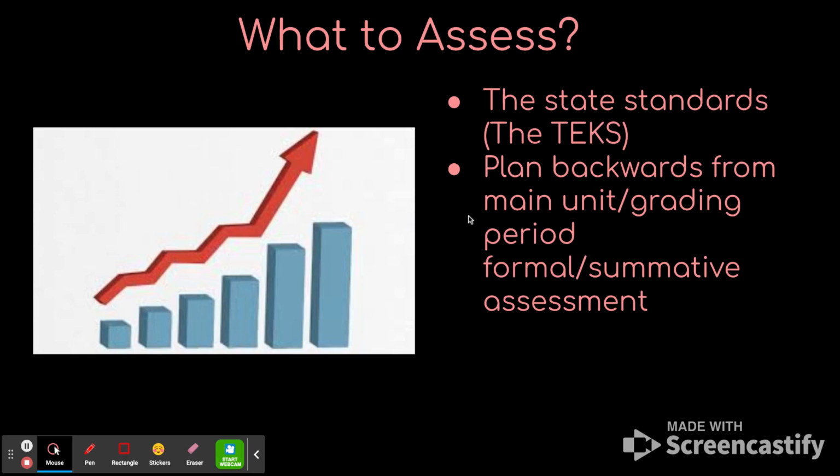If we look at a unit at hand, and eventually when you get into a school district or student teach, you will see a scope and sequence or some sort of guide that helps you understand what the unit looks like as a whole. Like, what are the overall objectives of the unit? And you can look at the summative or that formal assessment, and you can start planning backwards. So all of your lesson plans should align to that culminating task or that summative task or assignment or assessment that students have to do.